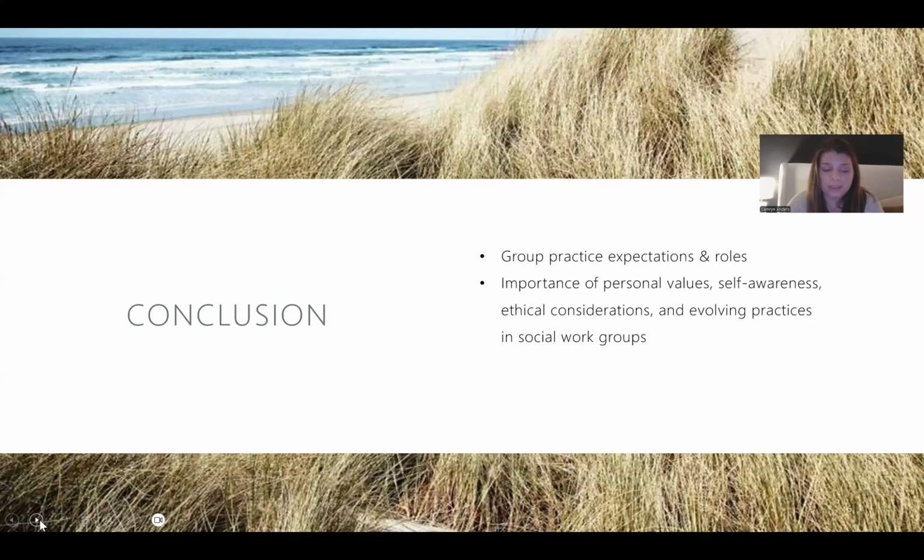Growing with a group member is just a natural part of the group as a group leader and as a social worker, and it should be celebrated by all members as they work towards goal completion and successful termination from the group. So groups can be a very positive thing if utilized correctly and accurately and can be very beneficial. And that is all I have today.